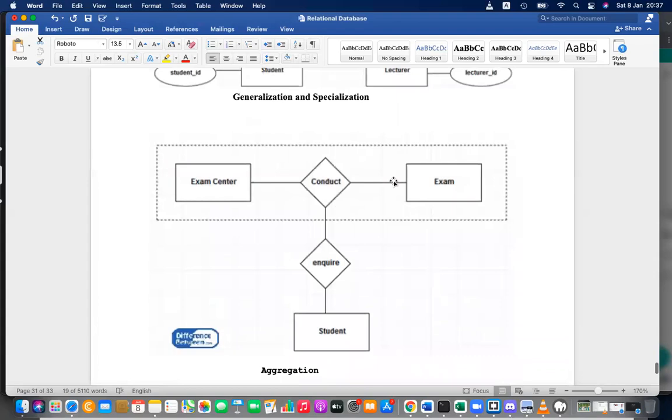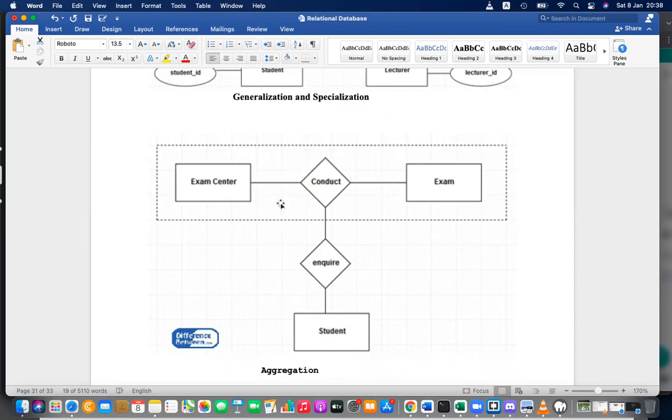Another thing is aggregation. Aggregation means some entities together acting as a single entity. For example, a student inquires about the examination system. In the examination system, the exam center and exam are also there, but we consider everything as a single thing. Aggregation is basically a whole-part relationship: parts combined to create a whole.